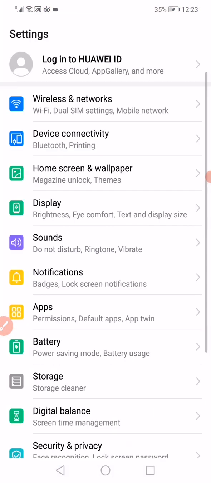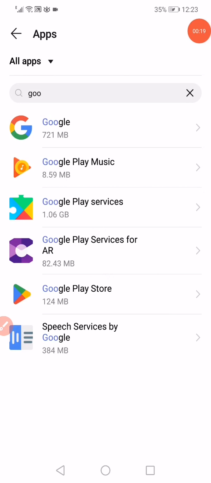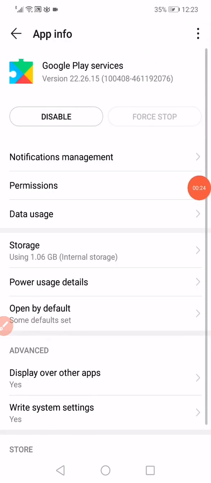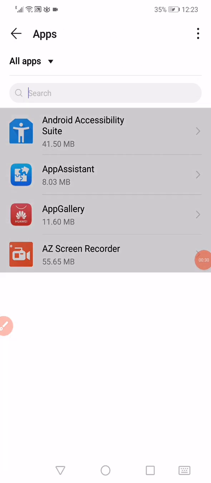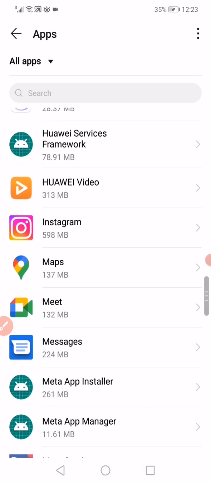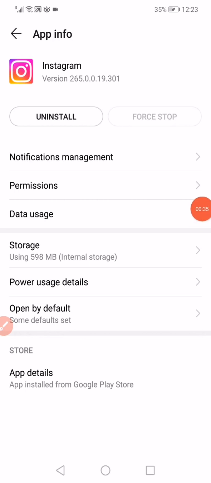First thing, open the settings on your phone, go to the apps manager, open the apps and then search for Google Play services and then click here on this force stop and go back to the apps manager and search for Instagram. Click on it and then click on this force stop option right here,